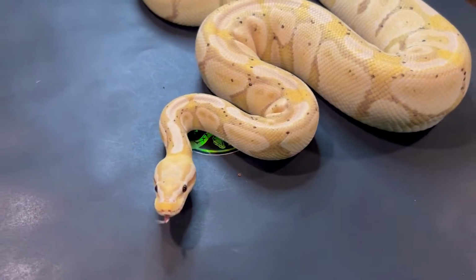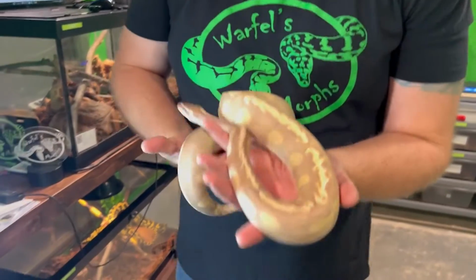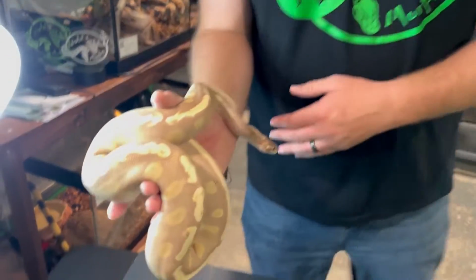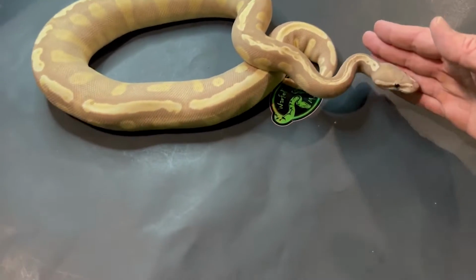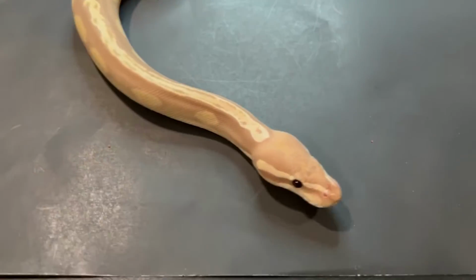Really excited about this pairing. And now this girl is actually the daughter from that last pairing I just showed you with Drogon, the GHI Mojave, to the pastel banana. And this is Katniss. She was one of our big holdbacks from that clutch last year, or our first season. And she was also very much a channel favorite amongst a lot of people